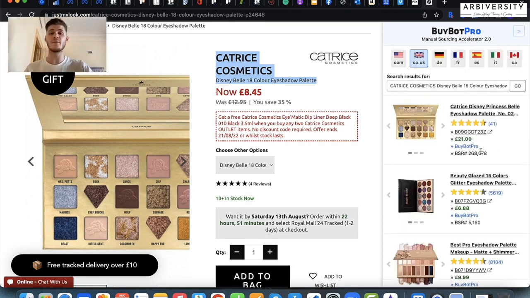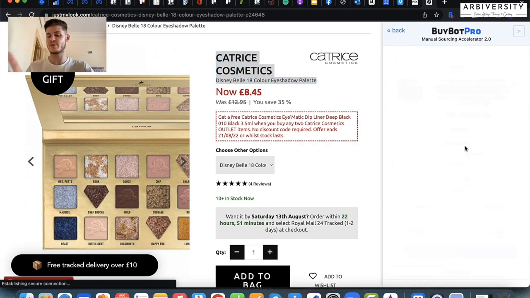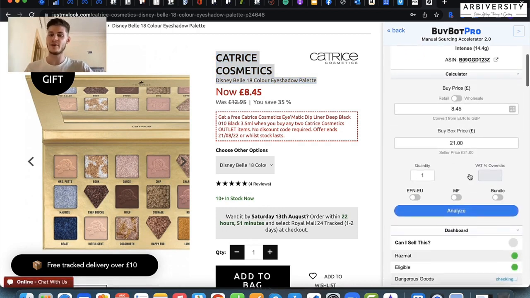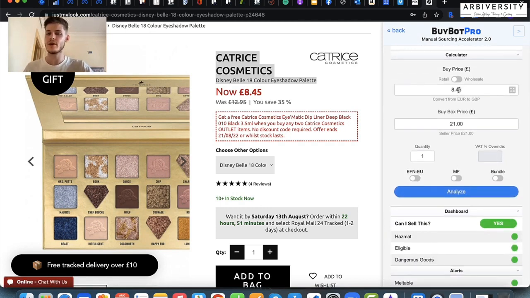So if we click on BuyBotPro here, it opens up the main BuyBotPro panel where we have our buy price and sell price, well, the buy box price. So we'd enter this information in. Obviously this will self-populate here, and then we just need to go ahead and click Analyze. So BuyBotPro has looked at thousands of different data points for us to bring us a whole host of essential information. Now, as promised, as we go along, I'll mention some of the things that you definitely want to look out for before you go ahead and